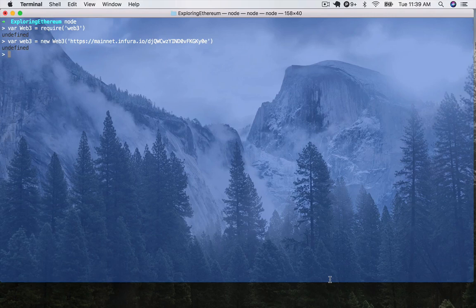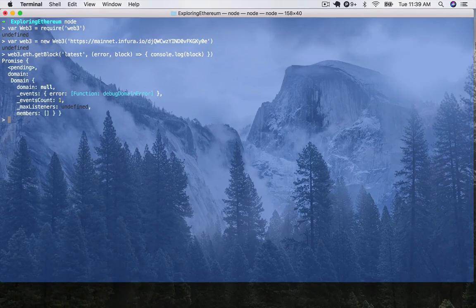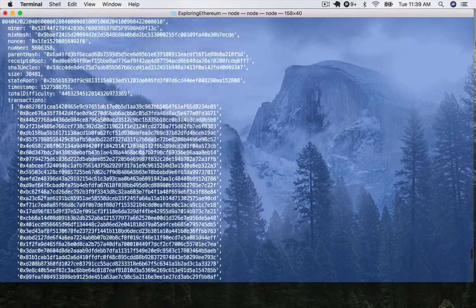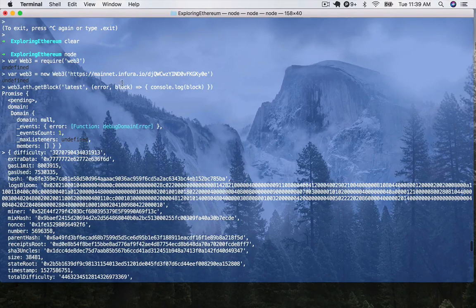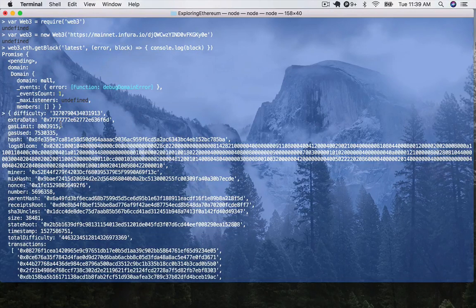To do that, there's a really simple function we can do where we say web3.eth.getBlock('latest'). And as with a lot of these things, we need to give it a callback. So we can just say (error, block), and then we're going to do this fat arrow function and console.log block. It returns a promise initially that we're waiting on the answer to come back, and then when we get the answer, it runs through our callback,